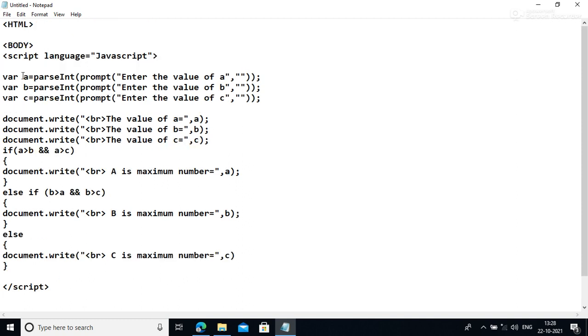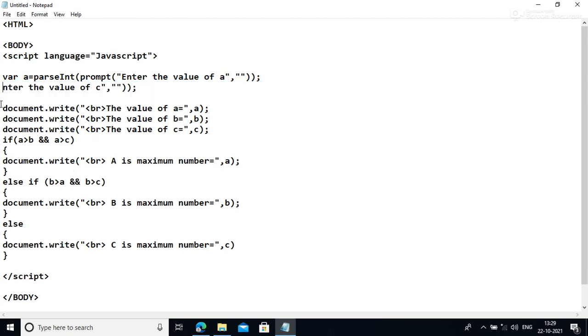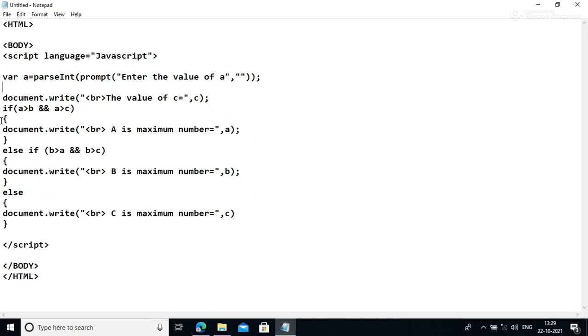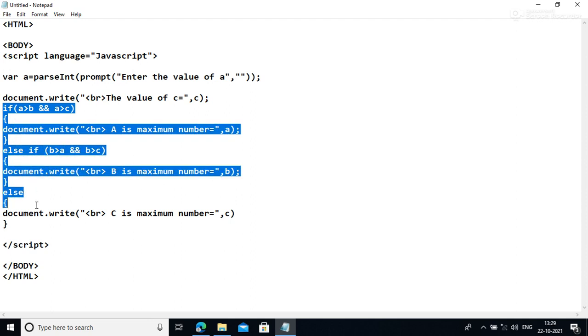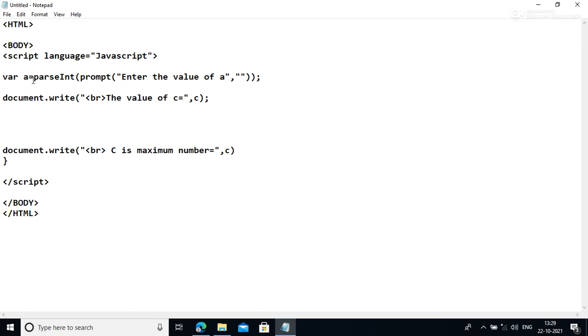Similarly, delete it. Take a variable, like you want to print the day of the week. So give a variable name day, and after that print the value of day.